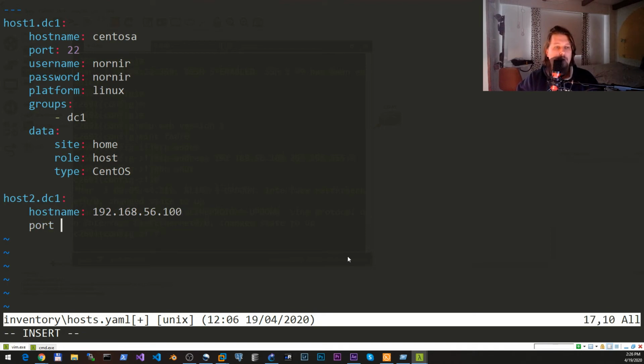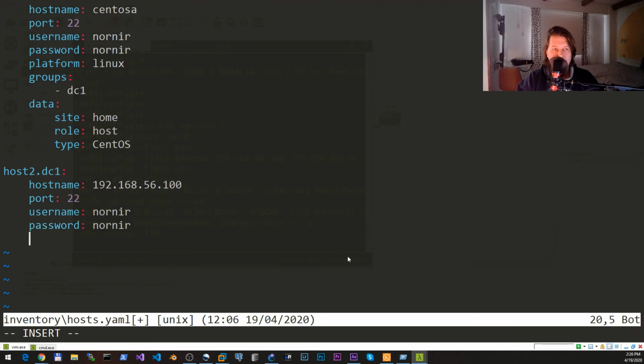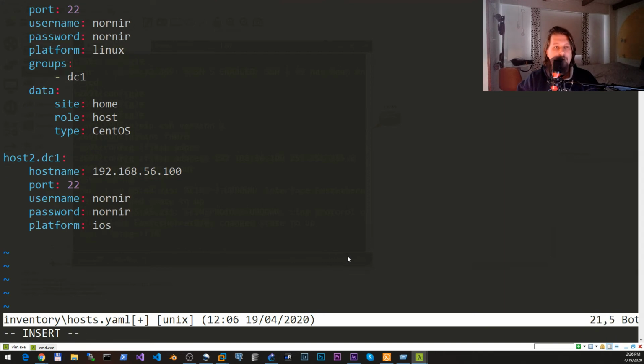User port is 22, and the username is Nornir, and the password is Nornir. And the platform is iOS, and the groups are going to be DC1,